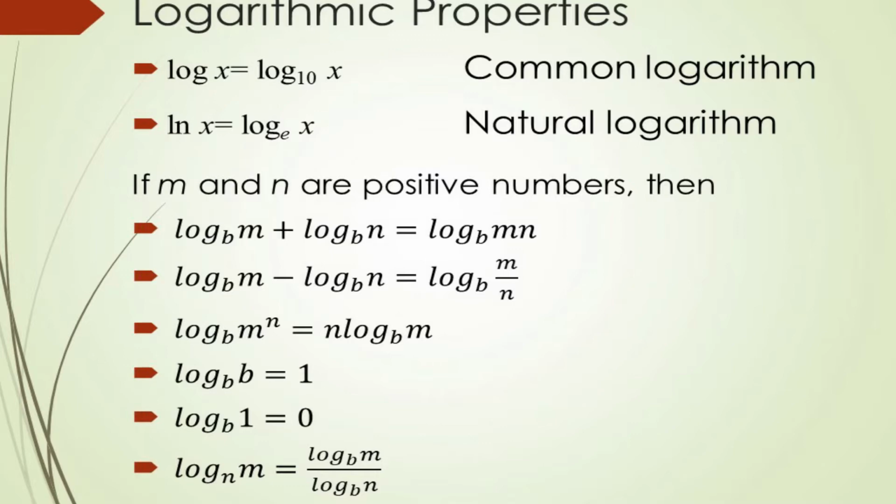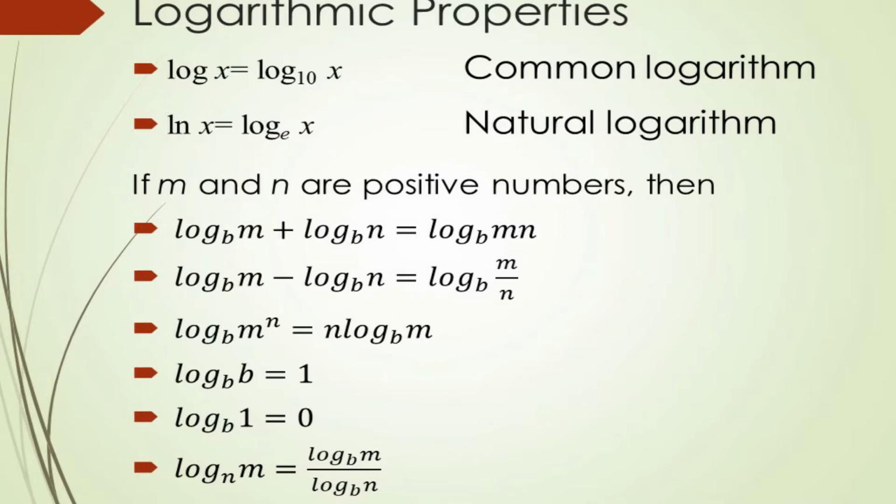And then log b with a base b is always equal to 1. And then log 1 with a base b, meaning any given base, as long as it's log 1, the answer is always 0. And then log m with a base n, so a different base, will be equal to log m with a base b over log n with a base b. So we call it change of base. So we need those properties of logarithm in solving a logarithmic equation. Okay, but before we proceed on that note,